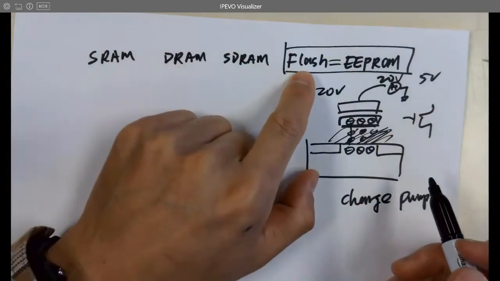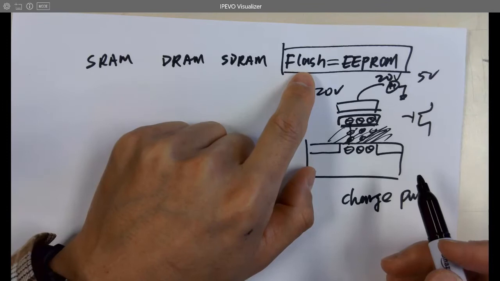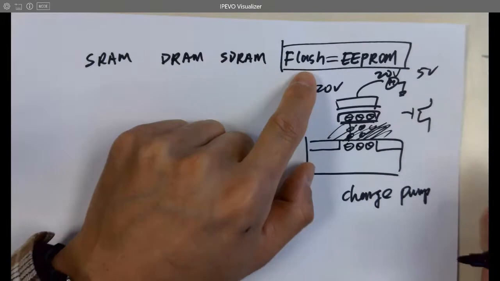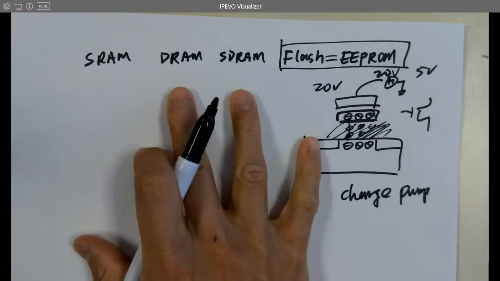Where is flash memory being used? Do you know that? It's not in the 5 nanometer. No, the USB drive, the thumb drive. So different memories are being used in different places. That's why I'm talking about that right now. I'm not a memory guy, but